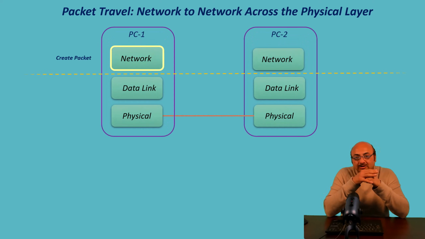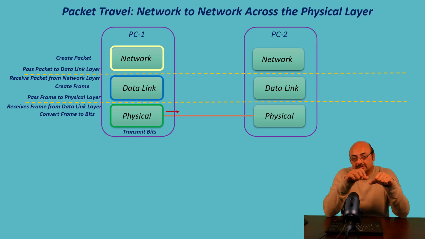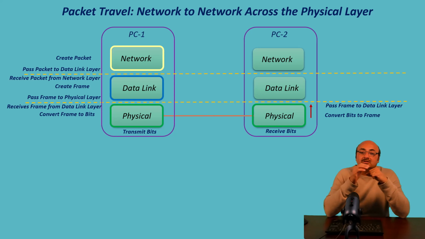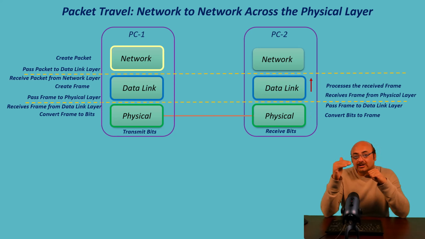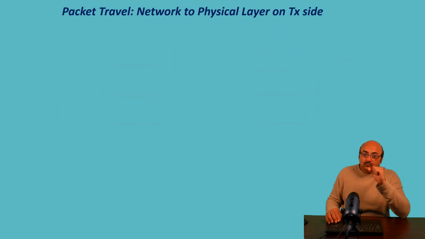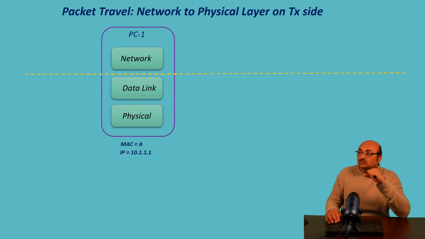In the previous lesson, we have seen the journey of a packet from transmit side to receive side via the data link layer and physical layer. On the transmit side, it is from packet to frame to bits. On the receiving side, it is from bits to frames to packet. Now, to explain it further, I am going to divide this into two parts. I am going to first focus on movement of packet on the transmit side from network layer to the physical layer. So first, at the network layer, a packet gets created,